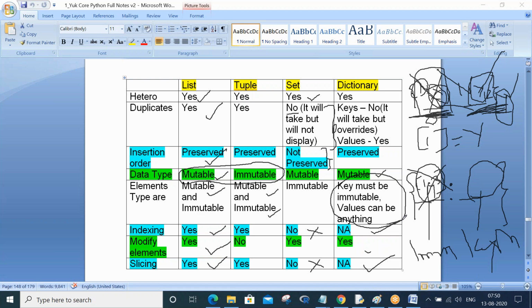Meaning can be one word, one sentence, or two sentences. So tell me, visualize and imagine the left side in a dictionary. Whatever word has come on the left side, will it repeat anytime in your dictionary? No, right? Generally dictionaries are in alphabetical order.